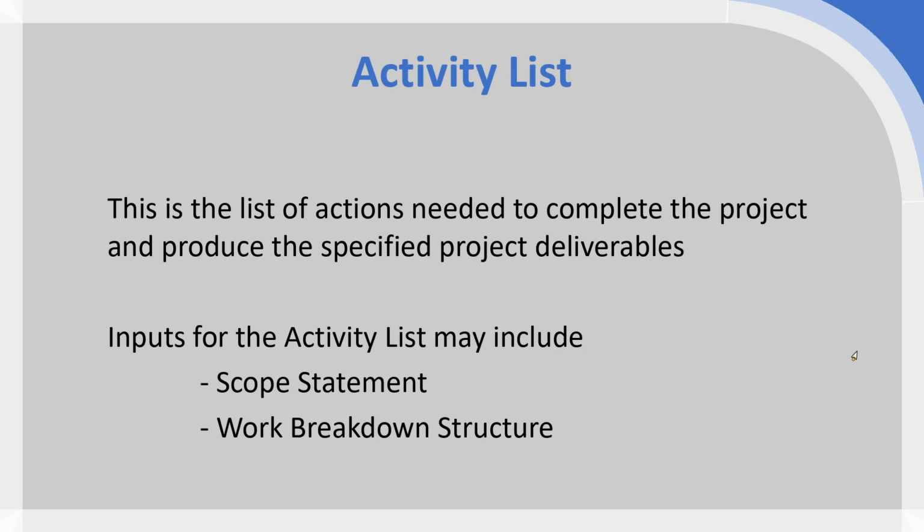Those are the two documents which are important inputs for the activity list, but the activity list as well really helps us generate a few further documents which are really quite important. So when we have this list of all of the actions and activities and tasks that we need to do on the project, that helps us when it comes to developing a network diagram, which then helps us with scheduling and being able to visualize and move around activities in a way that's most efficient,